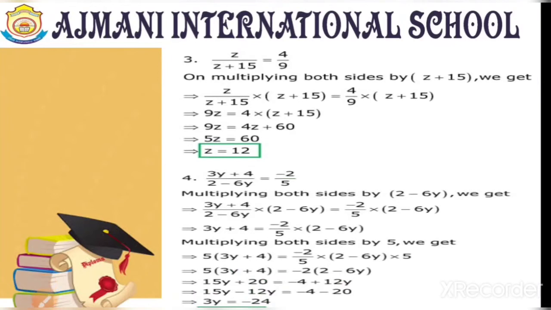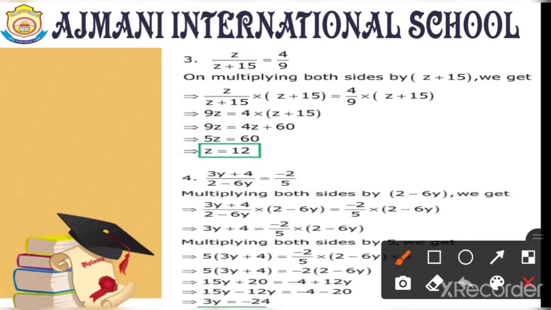Moving to the next question, question number 3. Z upon (Z plus 15) is equal to 4 by 9. The best thing is to do cross multiplication here. If you are doing cross multiplication, you would be getting 9z is equal to 4z plus 60. When you get this, simply send the variables part and constant parts separately and you would get z is